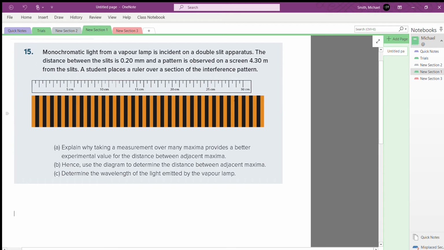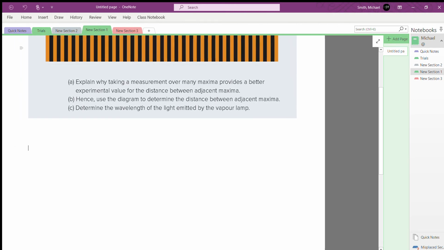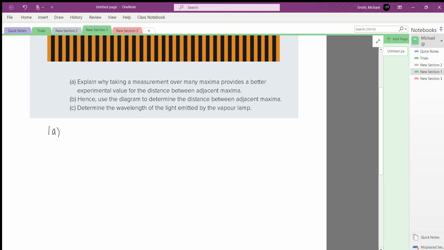But if you still got the error of 1 centimeter measured over 30 maxima, then that single measurement error is spread out over lots of individual maxima. So the overall effect of measurement is much smaller, and when you take the average, you'll get a more accurate result. So if we want to put that into words, I would write that